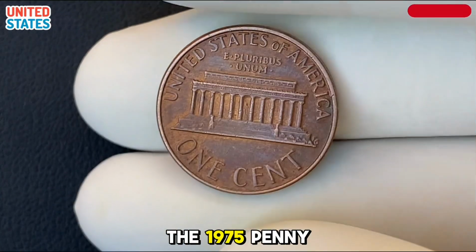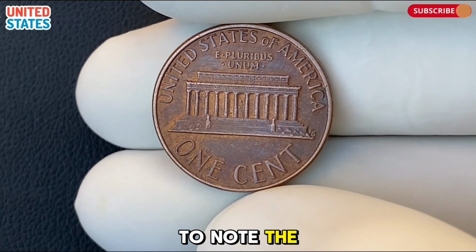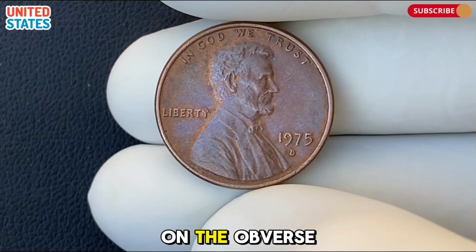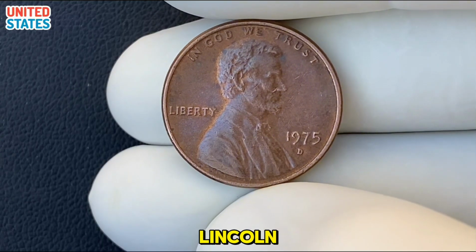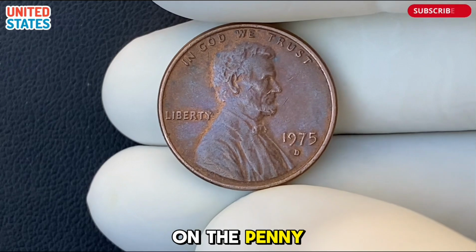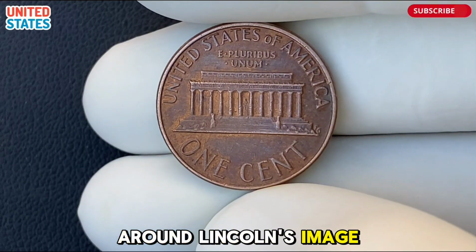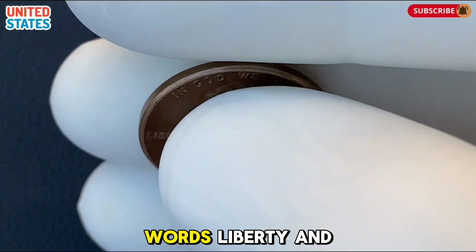The design of the 1975 penny hasn't changed much over the years, but it's important to note the historical significance of the year. The penny still featured the iconic portrait of President Abraham Lincoln on the obverse, designed by Victor David Brenner. Brenner's portrait of Lincoln, with his thoughtful expression and signature top hat, has been used on the penny since 1909, making it one of the most recognizable coin designs in the world. Around Lincoln's image, the coin bears the inscription, "In God We Trust," along with the words, "Liberty," and the year